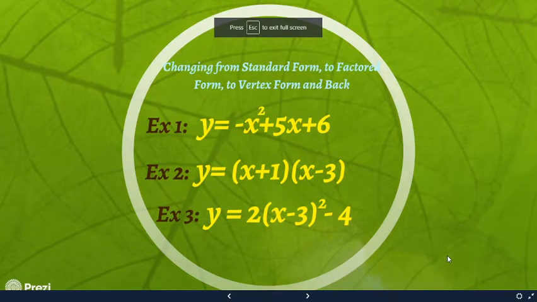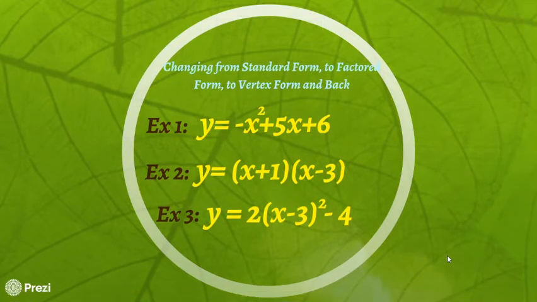Hello! Today we're going to be talking about how to convert from different forms of a quadratic equation, which so far we've talked about three nifty forms. The first one being standard form, which is that ax squared plus bx plus c. Factored form, which is when you have like a parenthesis times a parenthesis, because when you have factors, that is when you have more than one value being multiplied together to equal another value. Alright, and then we have vertex form, which is the form y equals a times x minus h quantity squared